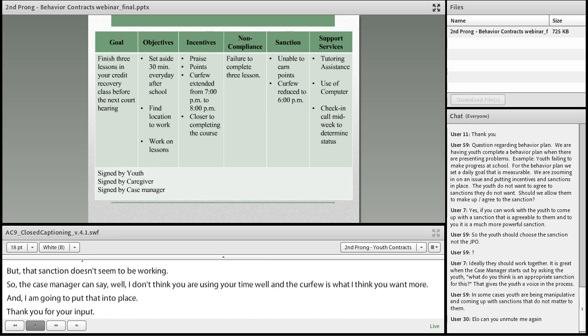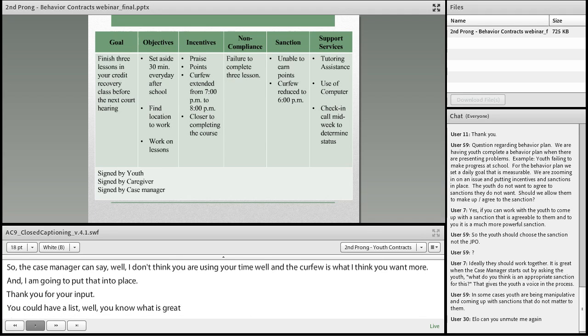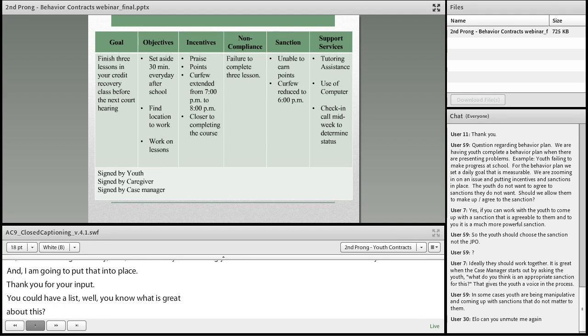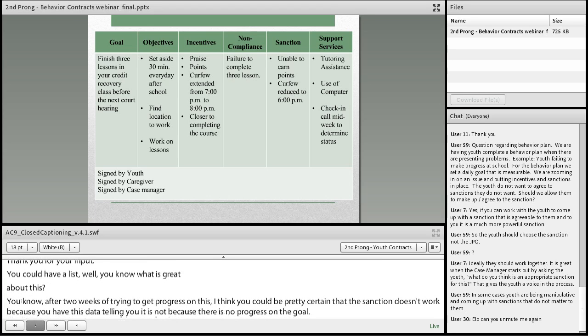after two weeks of trying to get progress on this, I think you can be pretty certain that sanction doesn't work, because you have this data telling you that it's not, because there's no progress on the goal. So then you can say, well, you had your choice. Now we have to do something else. And I think that speaks to Colette's second point here, which is